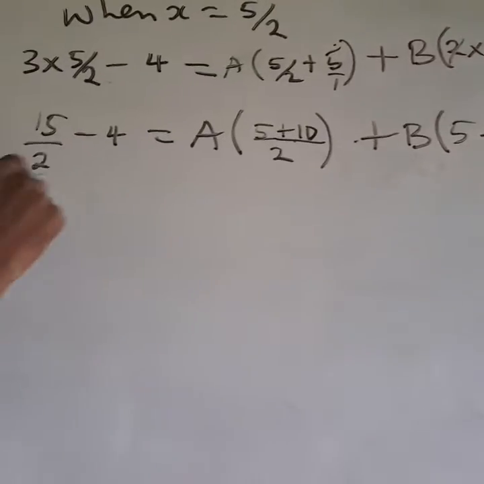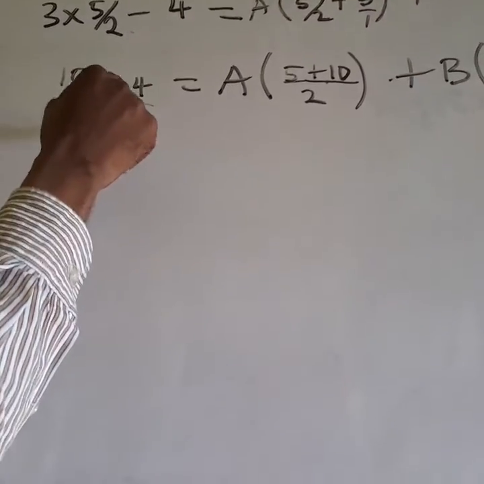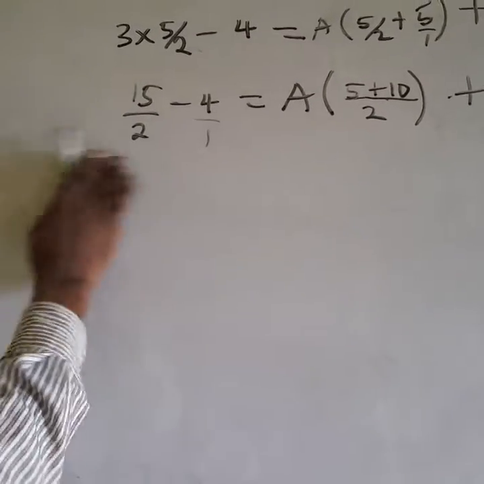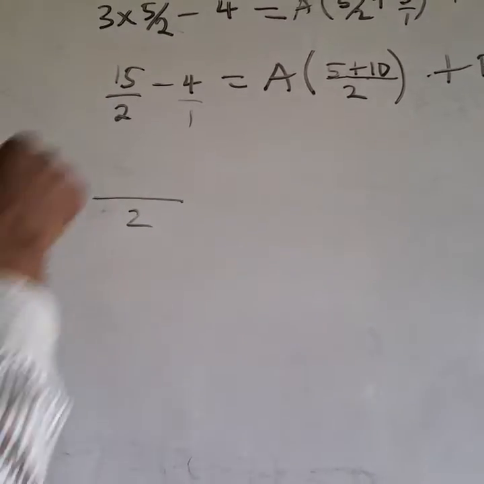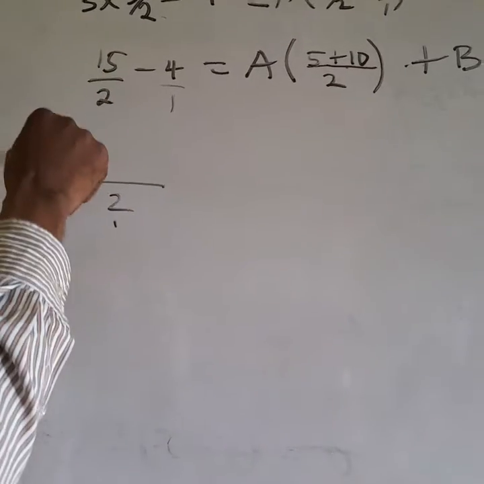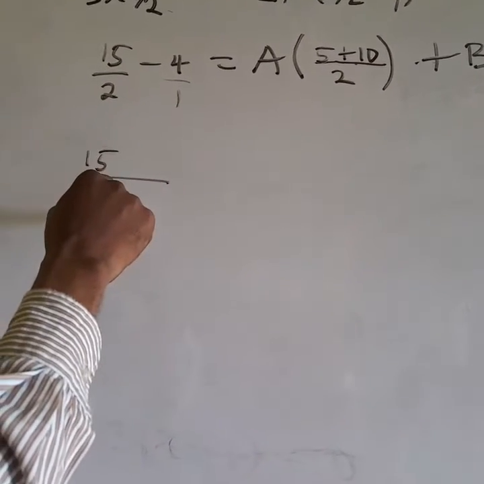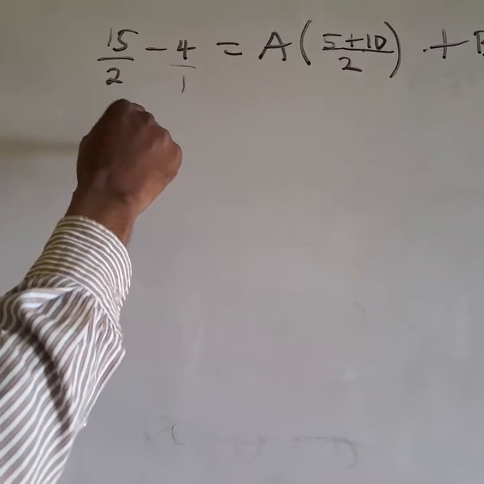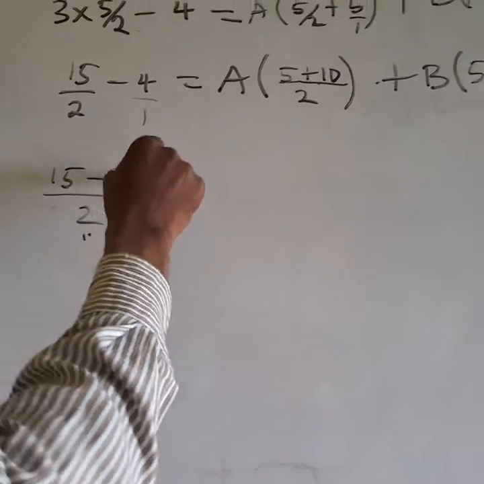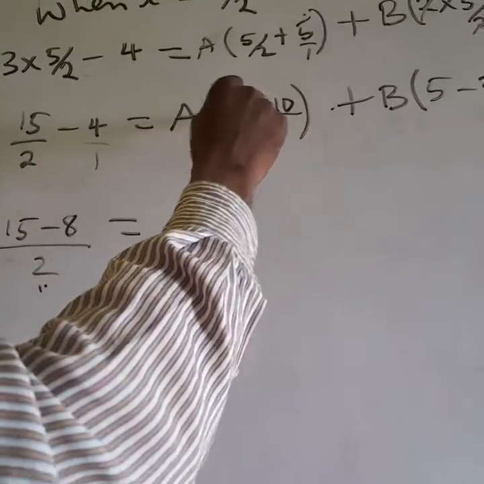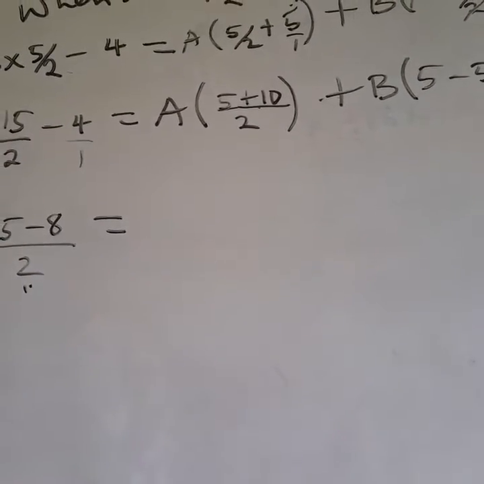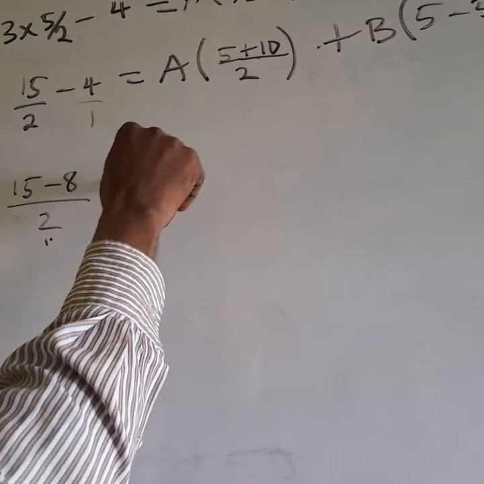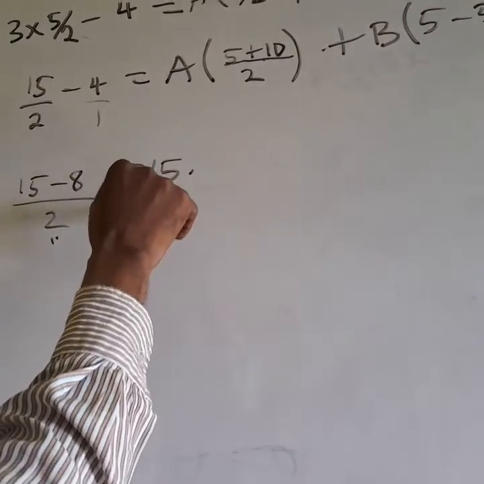So here we'll find the LCM. What's the LCM here? 2. We have 15. We have 2, 2 divided by itself is 1, 1 times 15 is 15. 1 divided by 2 is 2, 2 times minus 4 is minus 8, equal to, if you add it, 5 plus 10 will give us 15. So we have 15 all over